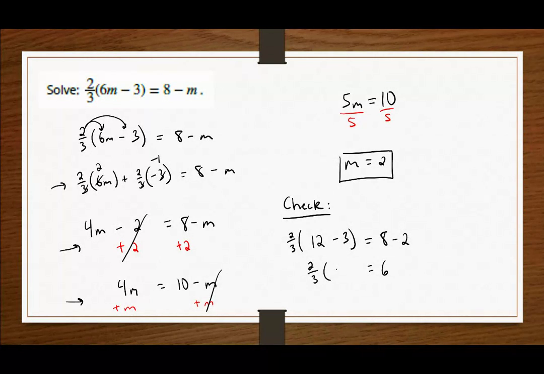So we have now a fairly easy multiplication problem. We could do this in a couple different ways. We could say 9 divided by 3 is 3, and 3 times 2 is 6, such that we get the true statement here, 6 is equal to 6, verifying that we have a correct answer here. We could have also done this computation as 9 times 2 is 18. 18 divided by 3 is 6. Right? So either way we do it, our confirmation holds up that m equals 2 is the solution in